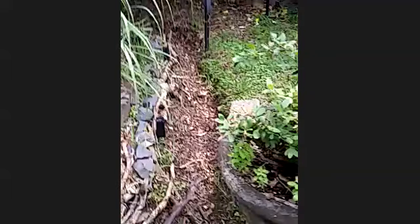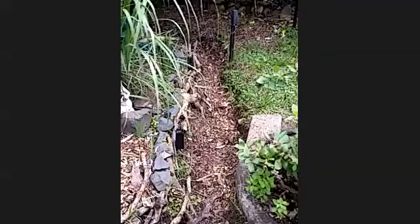I wish I had photos of what it was like. I came down and took photos because it was so exciting. It doesn't slope because